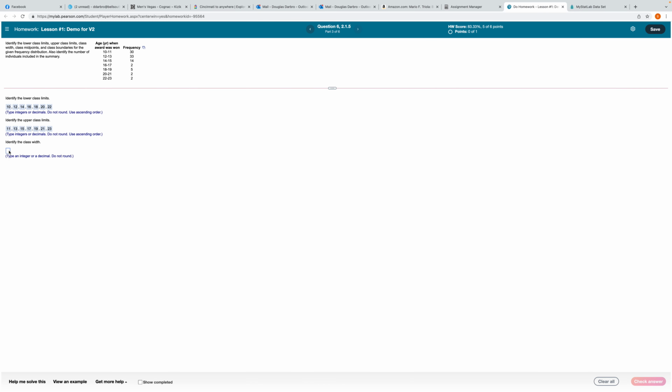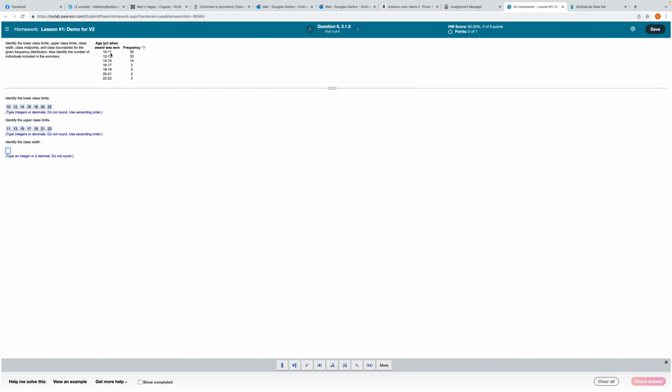Now identify the width. The width is just going to be the distance. So this one's really easy because the width just goes from 10 to 11, so the width is just 1. But what if the width was, say, this went from a 10 to a 15? Well, the width is just the highest minus the lowest. So,